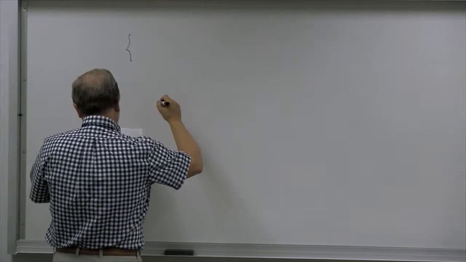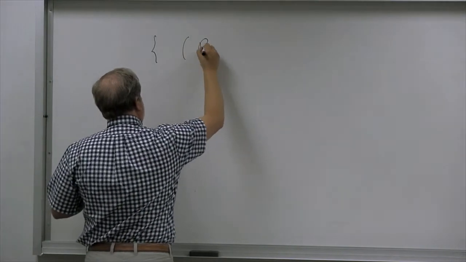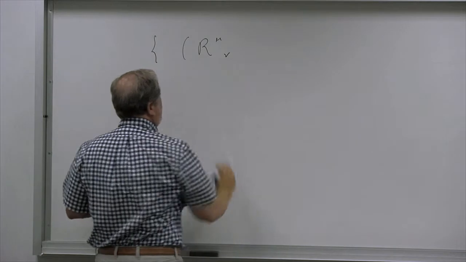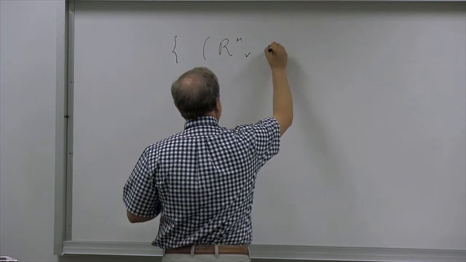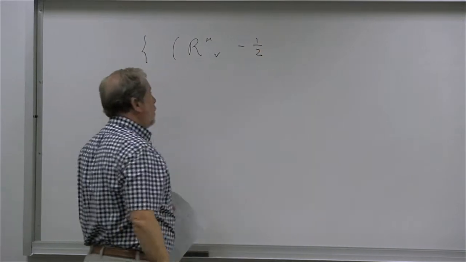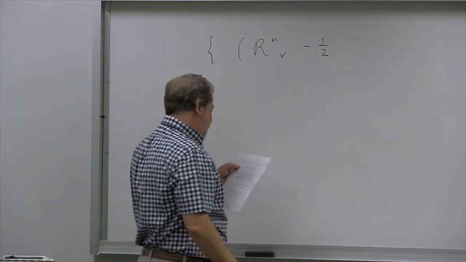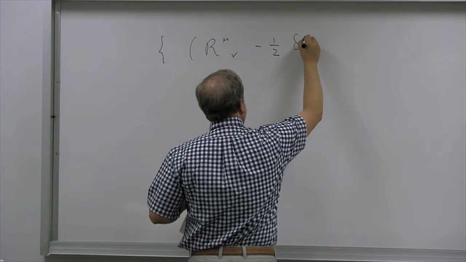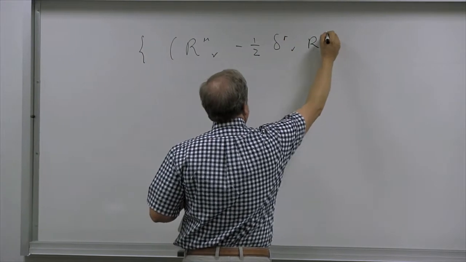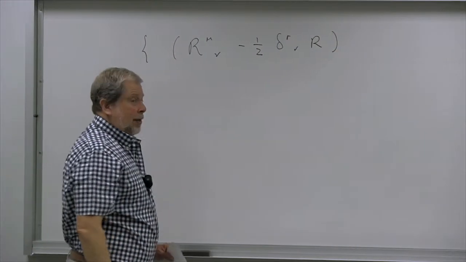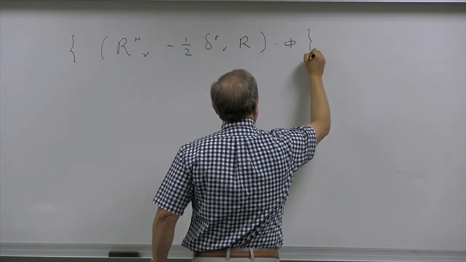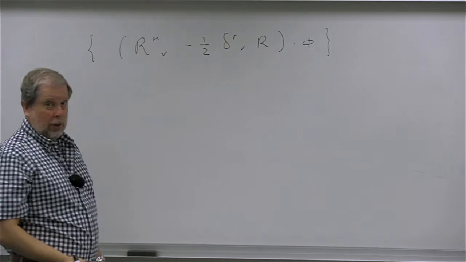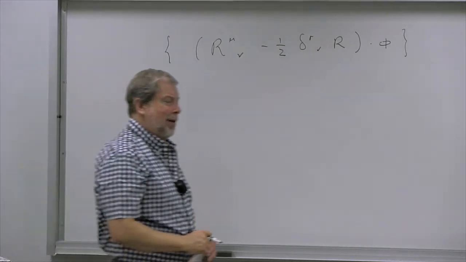So that means that we have R, and we can have some of the indices upstairs or downstairs or whichever way we want to do it. It's equivalent, but I'm going to do it in this way. So R mu nu, one index up and one index down, minus delta mu nu times R, and then close parenthesis, and then of course multiplied by phi, right? And then close curly bracket, and now we do the derivative, right? This covariant derivative, which has to be,